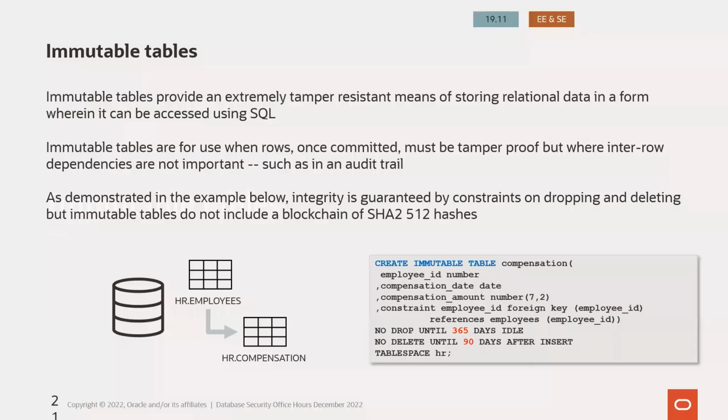Okay, let's start with immutable tables. Originally, immutable tables came out in 21c, but were backported to 19.11, and they are insert-only tables which exist and store data and can't be modified, right? So if you insert data in here, we want to make sure that that data is not able to be